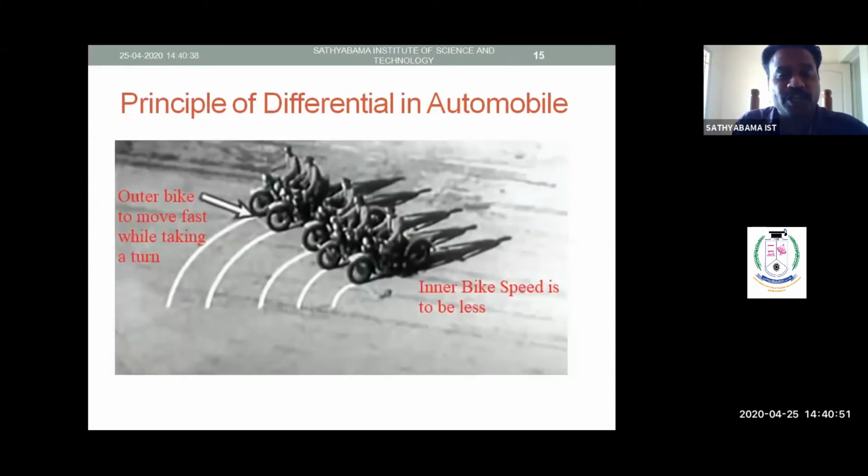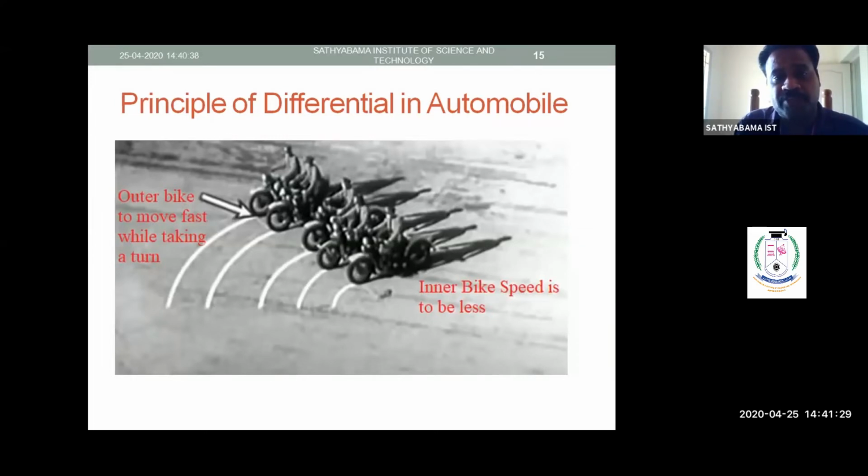Now, before going to the measurement topic, I want to explain the gear with the help of the differential in an automobile. Just now I told you all automobile vehicles have 2 gearboxes, one at the front and another at the rear axle, which is called the differential. Have you seen the bullock cart? How do they take the turn? There is no differential there. If they want to take a left turn or a right turn, the same concept is applied in automobiles. That is the basic reason behind this differential.